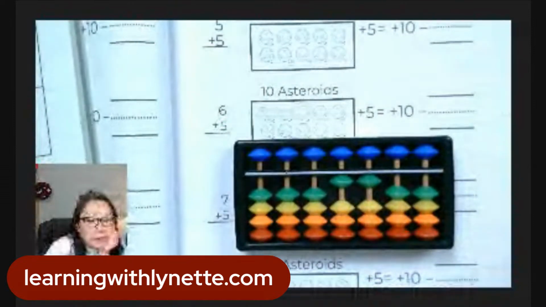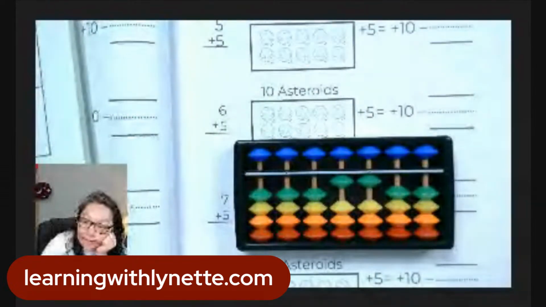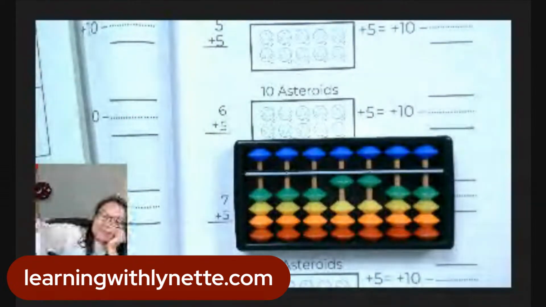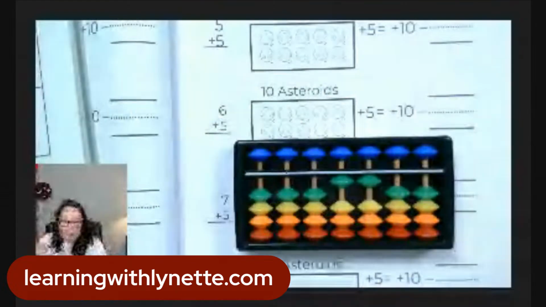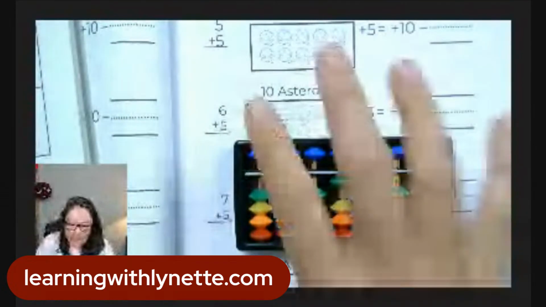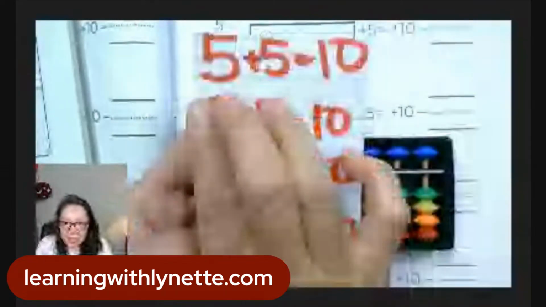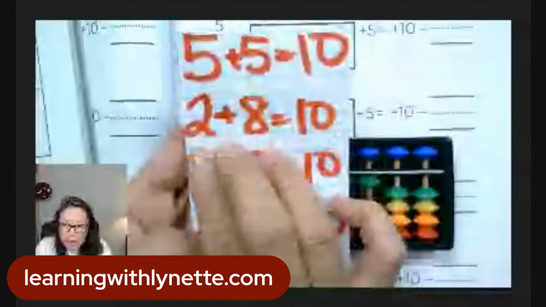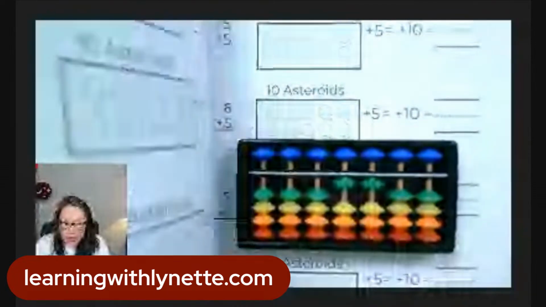How's that look? Are we all right? That's how we make a 10. We're utilizing how to make a 10. We did a 5 plus 5. We can do it again with a 2 and an 8. When we do it with a 2 and an 8,